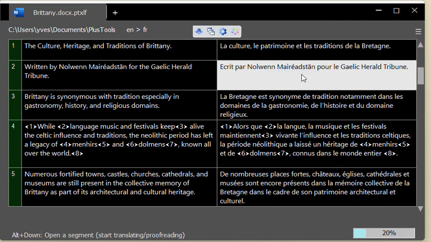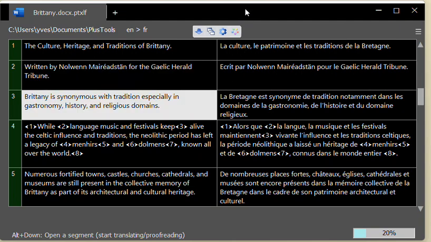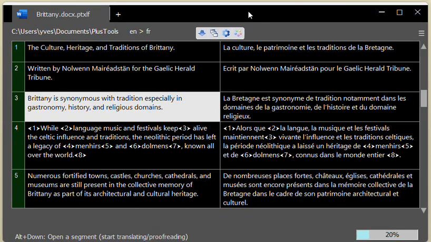There is a lot of sophistication, but for those who just want a translation tool that virtually does not require any setup and yet brings the full power of machine translation, respect for tags, translation memory, terminology, QA, and so on. And well, there you are. It's Plus Tools, and it's free for the moment and will remain free for the larger part